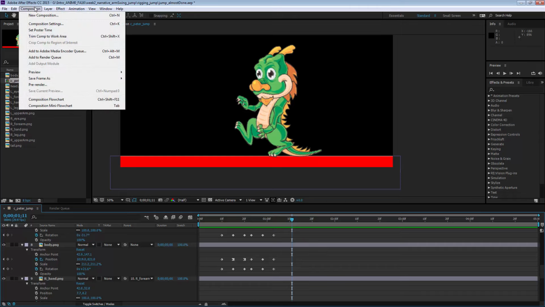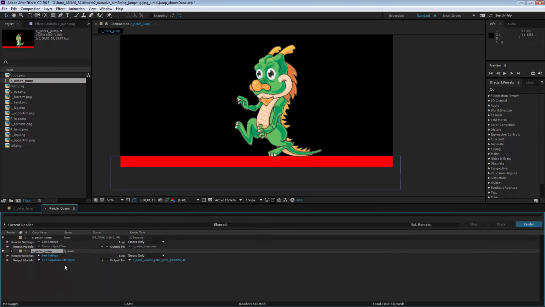and then we have the standing position. Once we're happy with that, which I'm not quite there yet, add to render queue, and I will